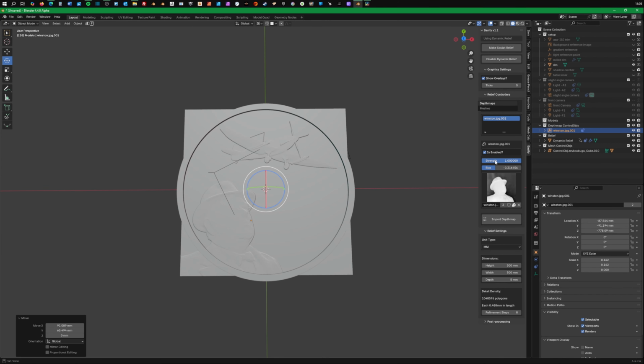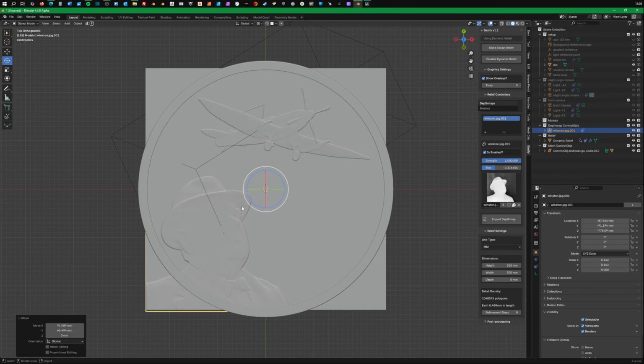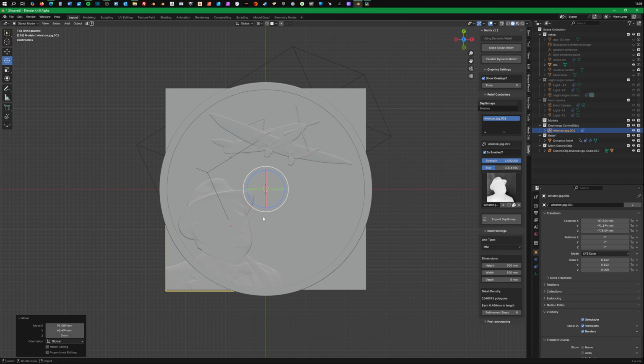So you can see we can play with the strength a little bit. It is by no means an end result. It's not a viable end result, but it's enough to begin modeling on top of. So it's taken away that first stage of model building, building up your facets and your planes to add detail to.